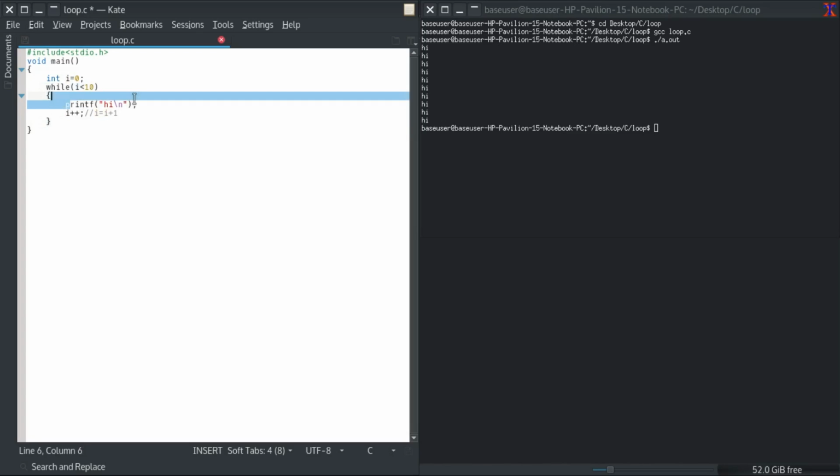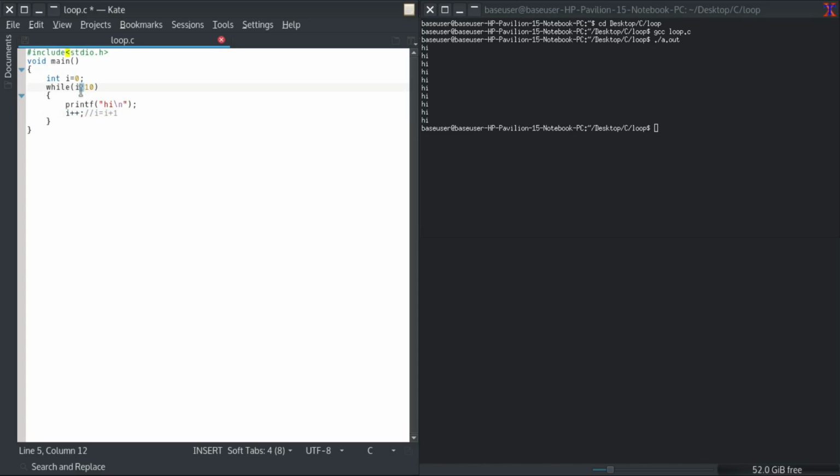Yes, printf hi. Then again increment i by 1, so i will become 2, and then get back. 2 is less than 10, print hi, i will become 3, then 3 is less than 10, and so on till 9 is less than 10. Yes, print hi, now i becomes 10.